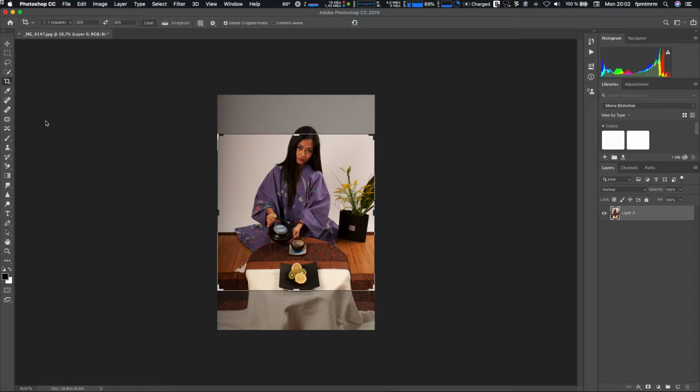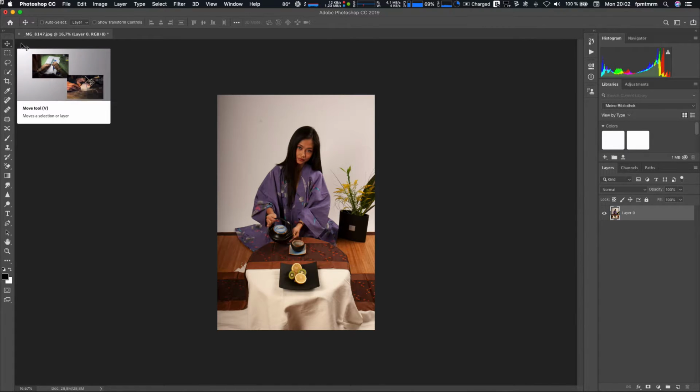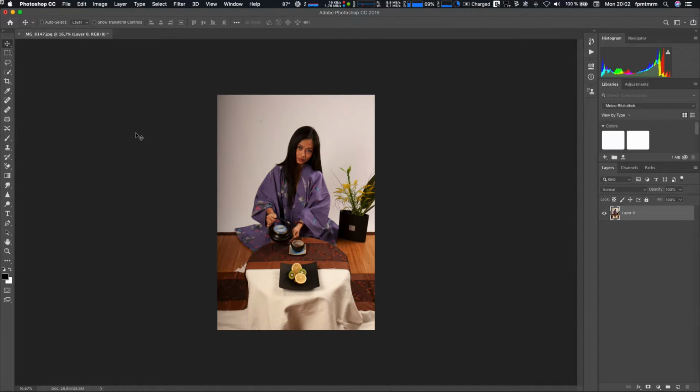If I hit B, for example, for brush, it will select the brush tool. If I hit V for move, then you will see this is the move tool. And in this way you can very quickly change between the brush tool or the move tool or the selection tool, the rectangular marquee tool, which is M, or whatever you need. So the crop tool, C,